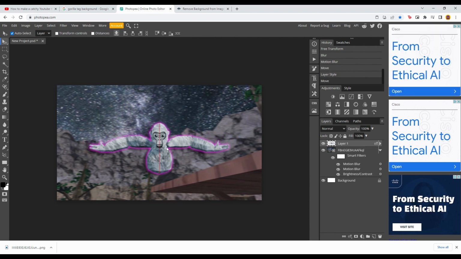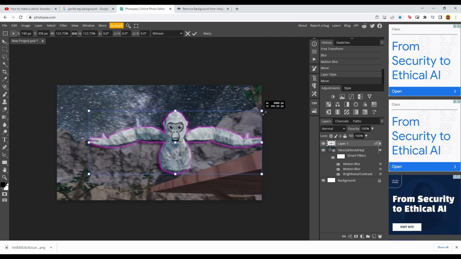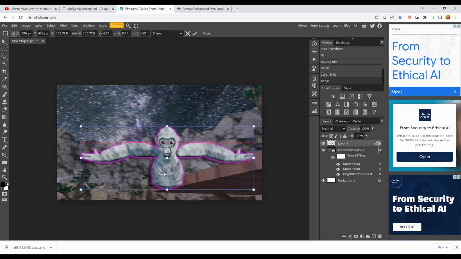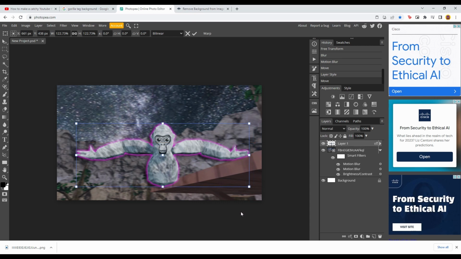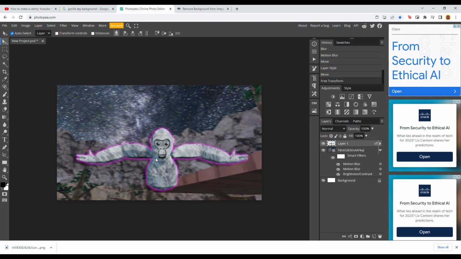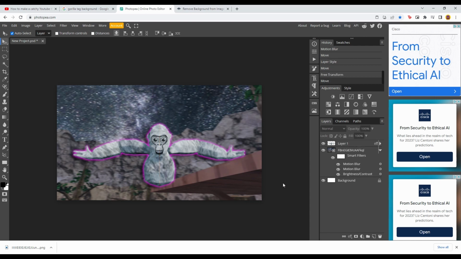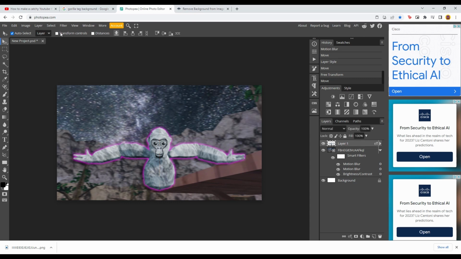Now that we have our little monkey, let's free move him again. I think he could be bigger. That's good. It's perfect. All right, now we have our monkey ready, and let's actually center it real quick. Now what we could do is put the text behind him. So let's open up